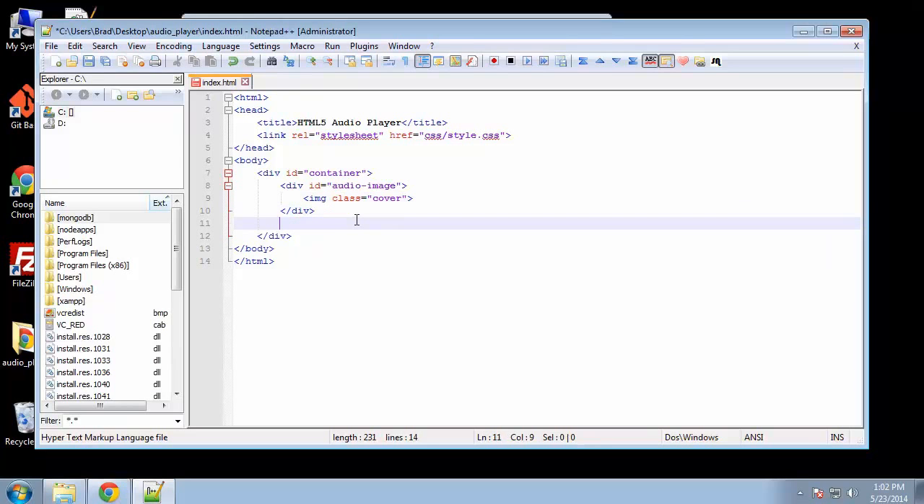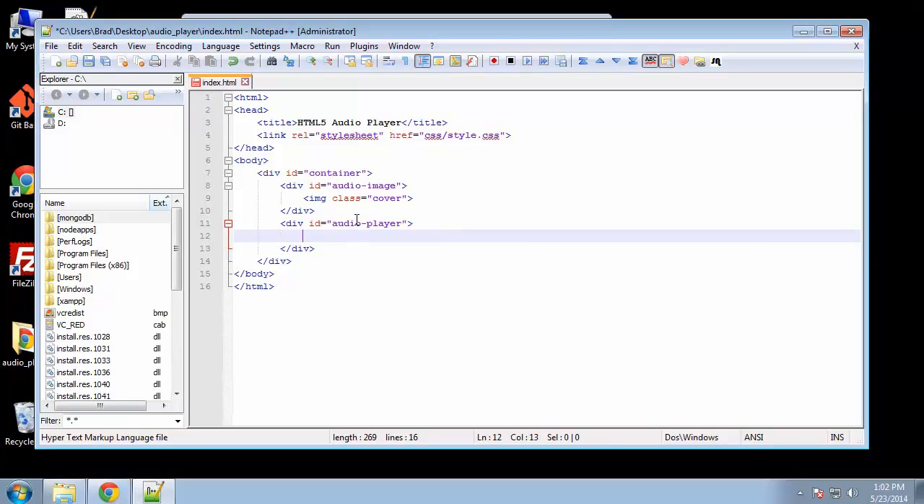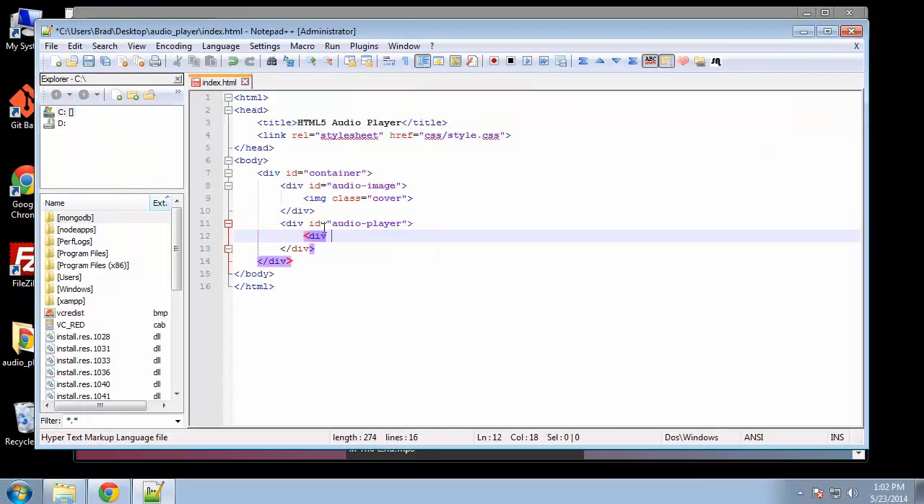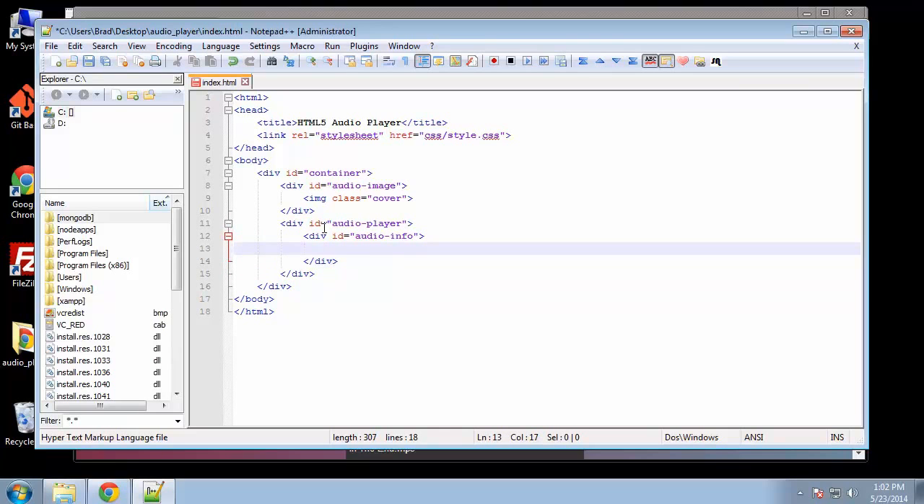And then under the image we're going to have a div for the actual player. This will include basically everything, all the buttons, the progress bar, all that stuff. So div ID, and I'm going to call this audio player. Now in the audio player, the first thing we see, when I say the player, I mean this, from here down. We have the artist and song info, so let's create a div for that. We'll say div ID audio info, which will also be placed dynamically. So basically all the content is going to be placed through JavaScript mostly. For the info, we will have